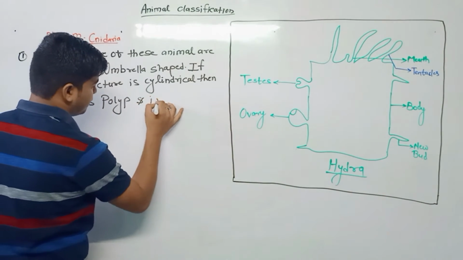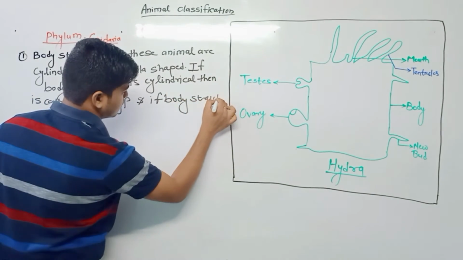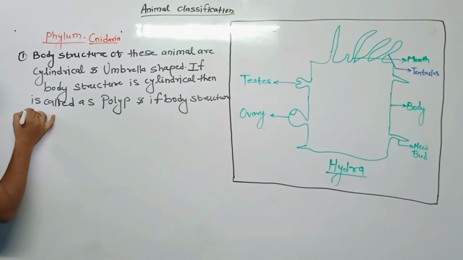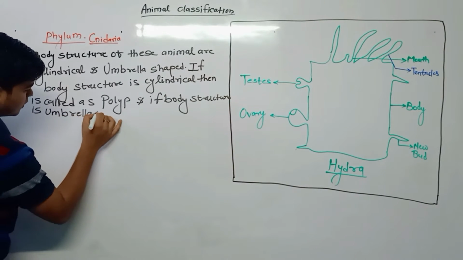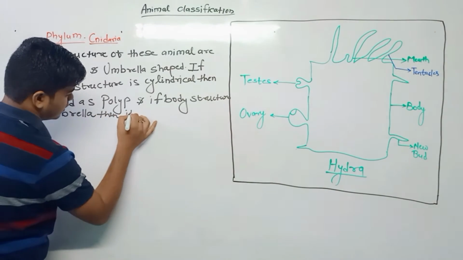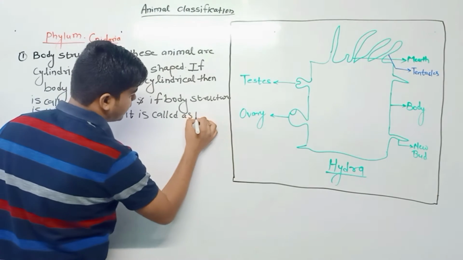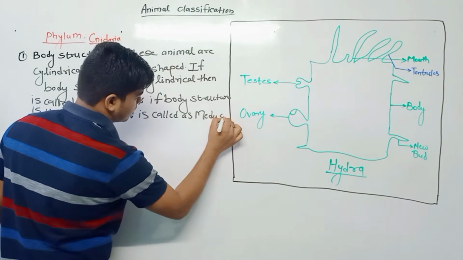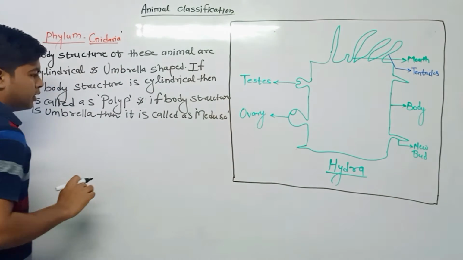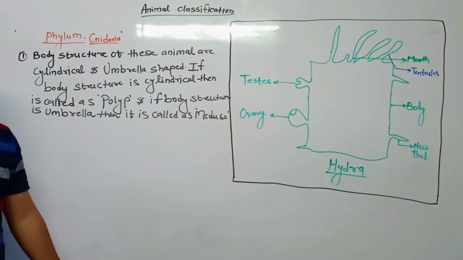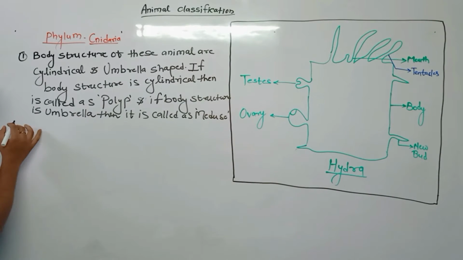And if the body structure is umbrella, then it is called as medusa. This should come in your answer. This first point is one of the most important points in Cnidaria. Okay, now the second point is